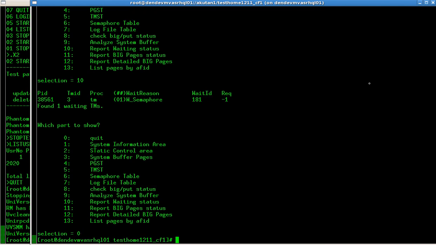So these are all the tools I want to introduce to you, and I hope this information can help you in tuning and configuring the UniVerse